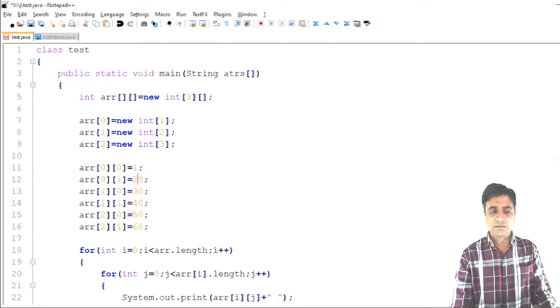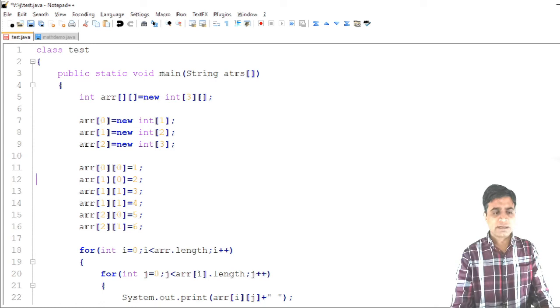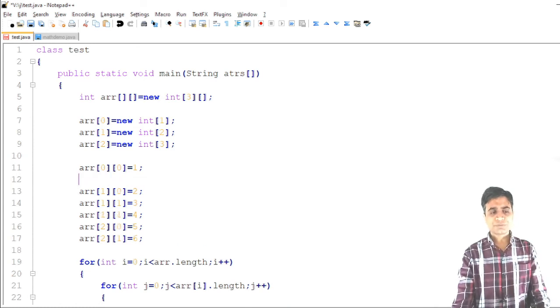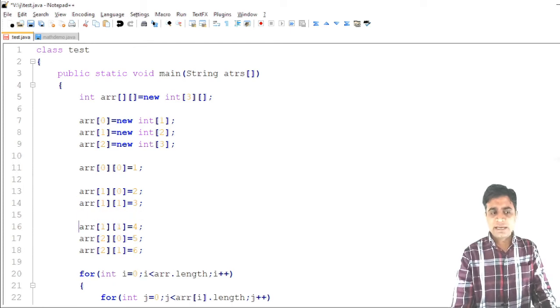So here we need to pass a[0][0] equals 10. I am just passing values 1, 2, 3, 4, 5, 6, 7. Here the first row contains only a[0][0]. Now what about the second row: a[1][0] equals 2. Next, a[1][1] equals 3. So the first row contains only one element. I am giving a space between these two. The second row contains two elements. That's why I am reiterating. And the third row, that is row number 2: a[2][0], a[2][1] and a[2][2].